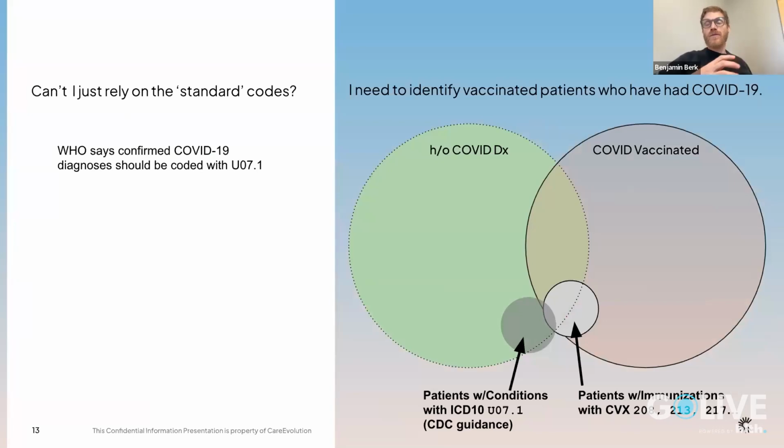So in order to get from this mixed coded, uncoded data to answer the question, we might say, well, can't we just look at the reference codes, right? So for example, with COVID, WHO said use U07.1, which is an ICD-10 code, use that for COVID. Well, the challenge is if we look at that, we're probably only identifying a small portion of our population that actually had a confirmed COVID diagnosis. So we're going to be incredibly underrepresenting the population that we're looking for.